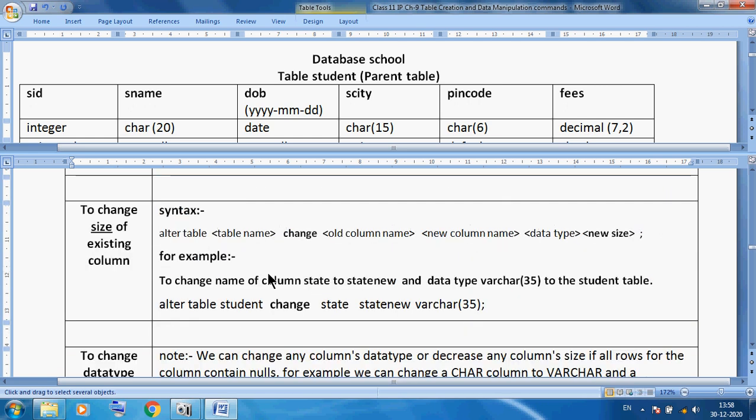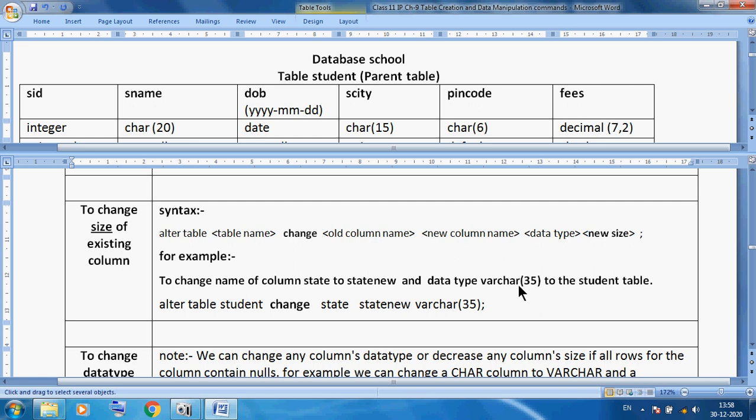Suppose you want to change the size of an existing column, to increase or decrease your column width. Simply we use alter table, table name, change, old column name, new column name, data type and the new size we can specify. To change the name of column state to state new, the same thing we can repeat.